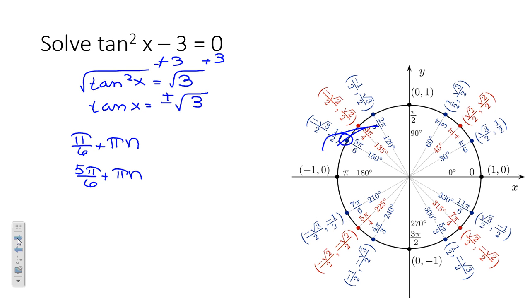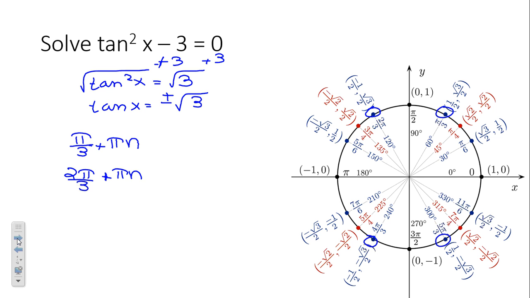I wrote those wrong. Said 60 and did the opposite. So we want the 60-degree angles, the pi over 3's. Okay, so we want a pi over 3 plus pi n. This thing takes it as a marker. Okay, so pi over 3 plus a pi n, and then we wanted 2 pi over 3